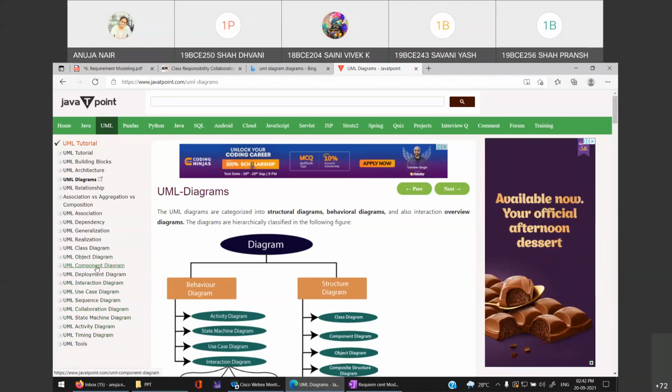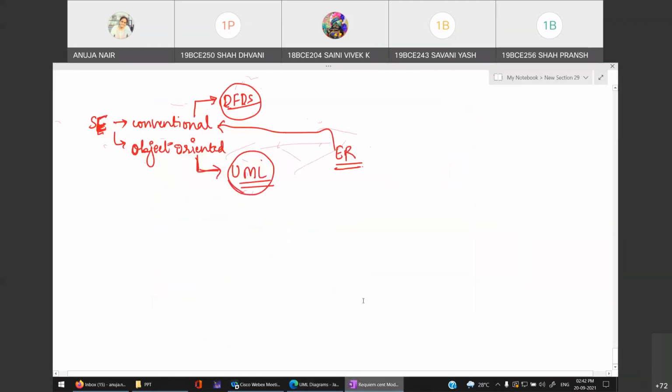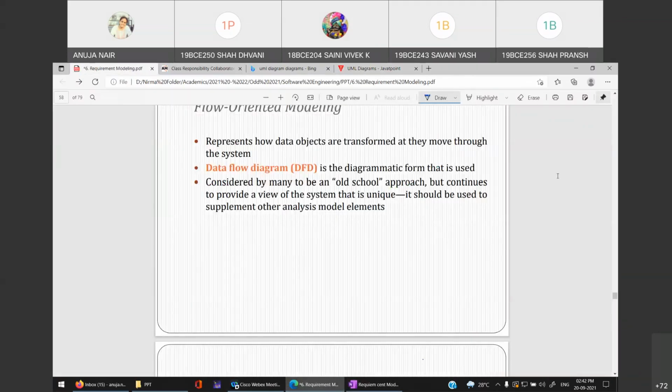They are conventional approaches, but we need to know about conventional approaches as well, right? That's why we'll learn now how to create a DFD. See, it's written, it is an old school approach, DFD. So why old school? Because it was a part of conventional software engineering, not a part of object-oriented software engineering.